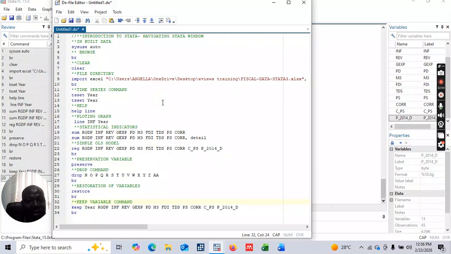So far, this is just a simple introduction to Stata, knowing the components of Stata and how to navigate. This is just a simple start. In subsequent videos, I will do all the things which I would like you also to follow